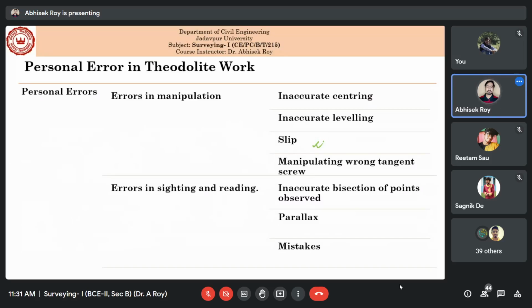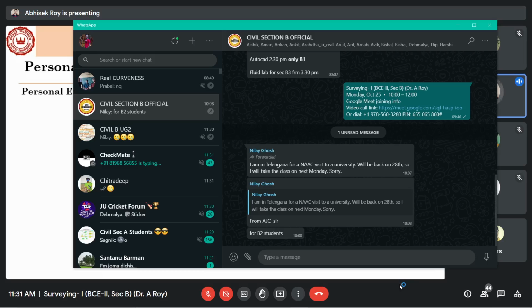Slip is when your clamp is not tightened properly. When your clamp is not tightened properly, there will be some movement, and that movement will not be the movement when it is properly free. That sort of movement also will not be there. So some sort of slip will be there, and due to that slip between two plates or any part of the machine, some loose portion, if there is some loose connection, if the screws are not properly tightened, then some sort of error will be there,